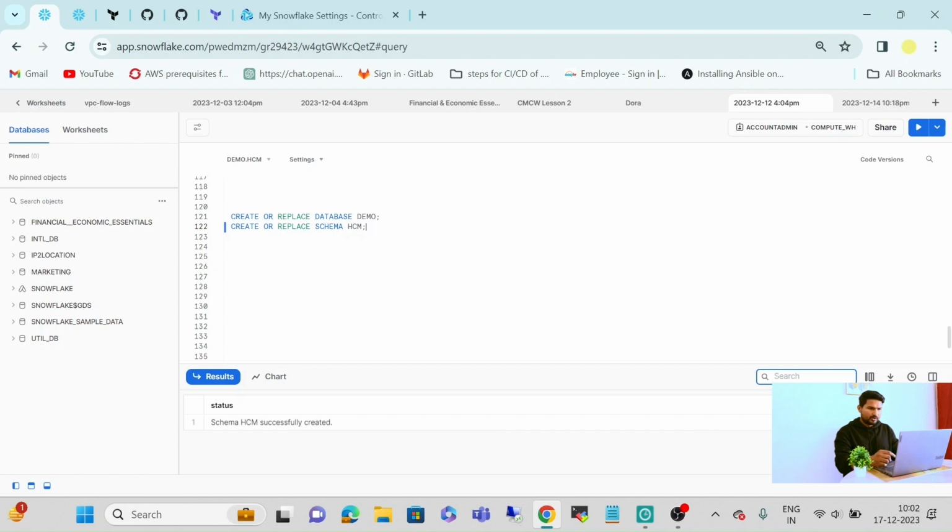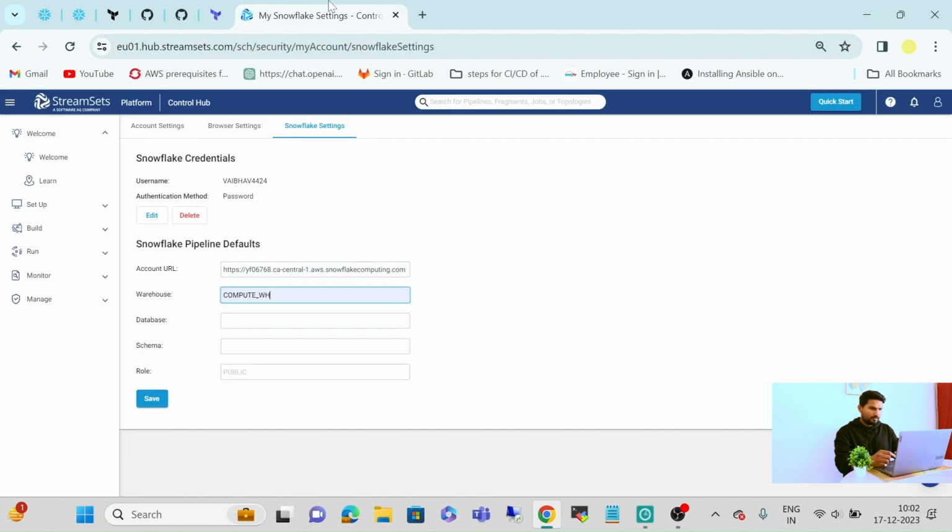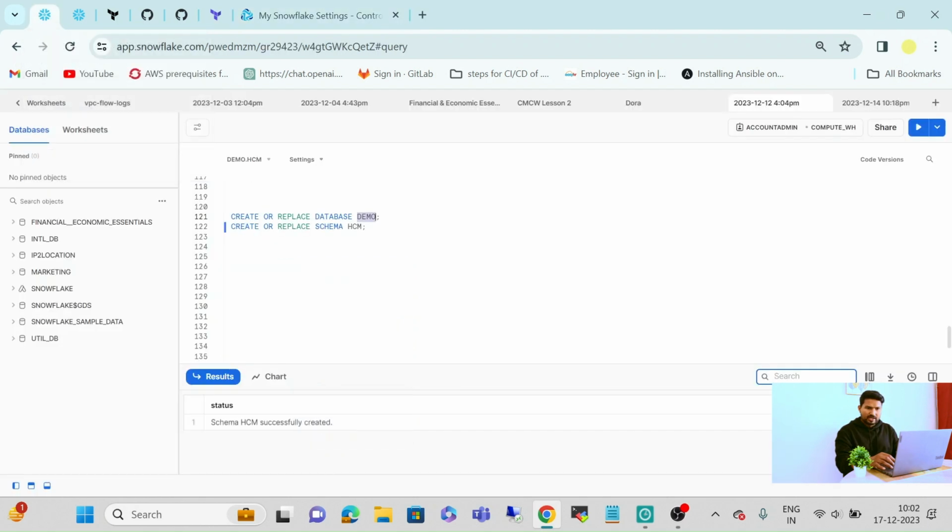So simply copy our database name and paste it here. And our schema HCM. And our role. My role is account admin. You can see here, and you can also check here what your Snowflake account role is.